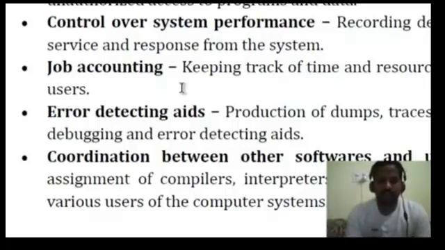And next, coordination between other software and users. The coordination and assignment of compilers, interpreters, assemblers and other software to various users of the computer system. It also coordinates between the compilers, interpreters and assemblers. We already discussed this in the software concepts. In assembly level language we have this kind of things, compilers, interpreters and assemblers. So it coordinates all these kinds of software between the users. This is what the main